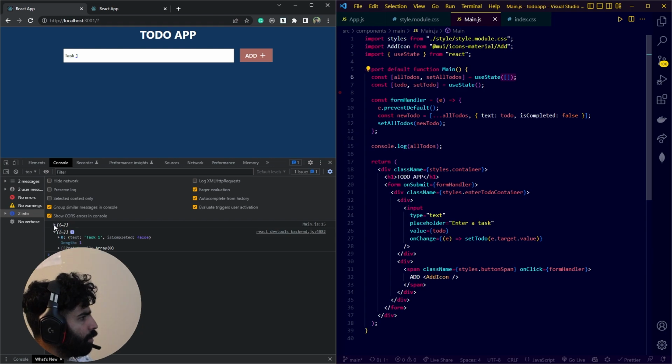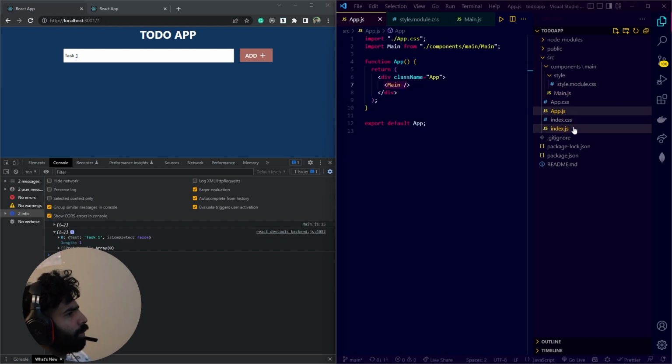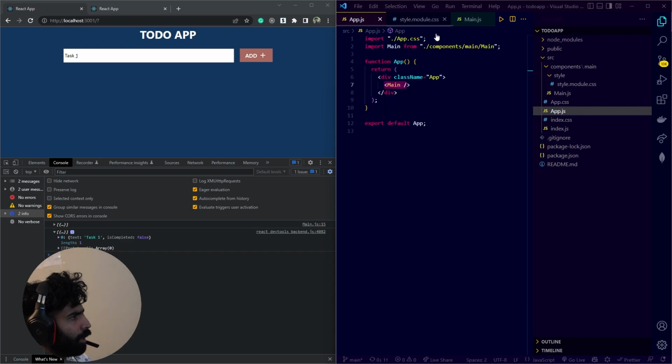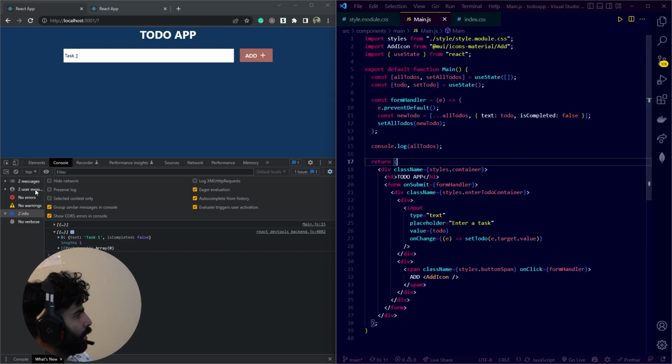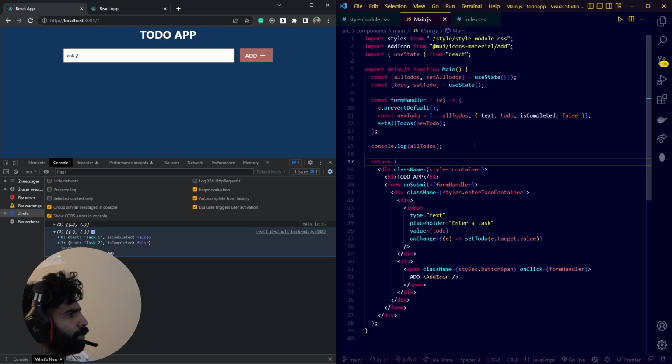So it's running 2 times because of this code, which is in the index, React strict mode. Because of that, it's running twice. We don't need App.js, and we are here. So if I type 2 here and clear this, add, you will see two tasks, task 1 and task 2. So I hope that you will understand